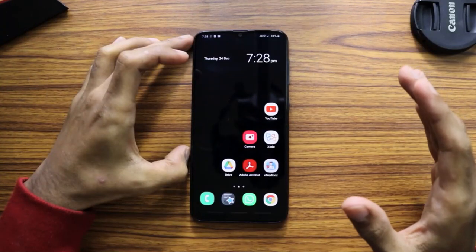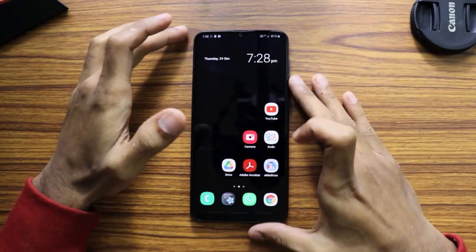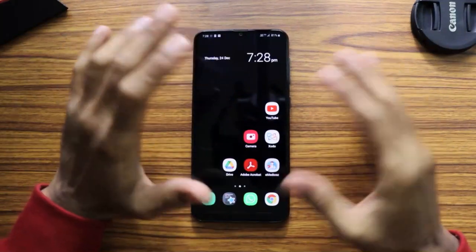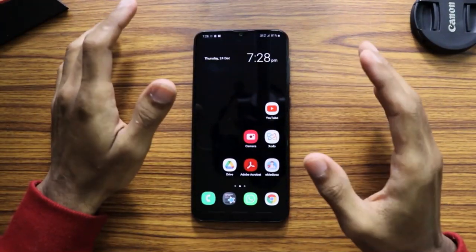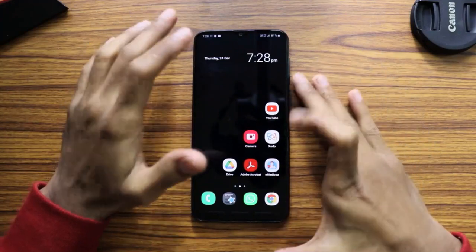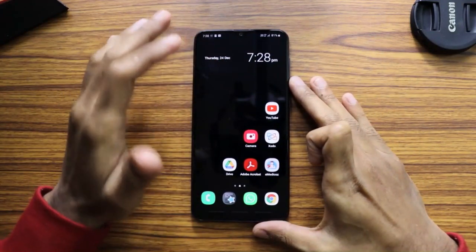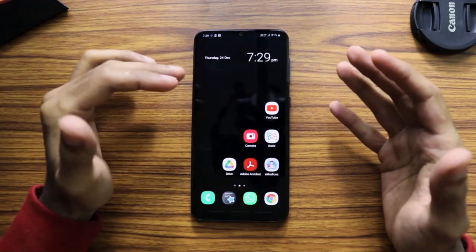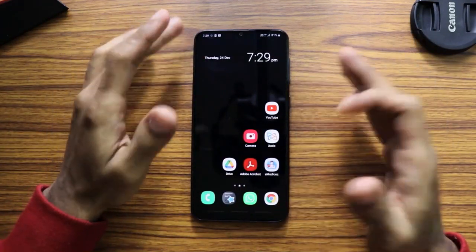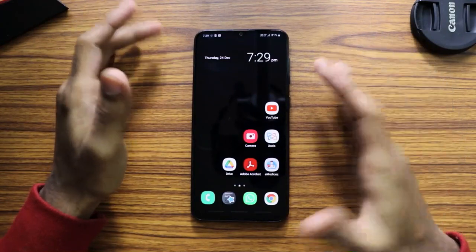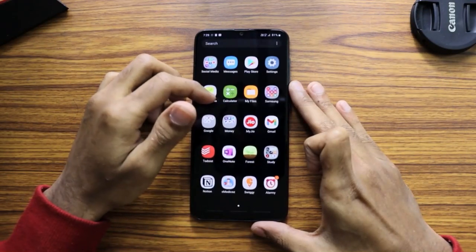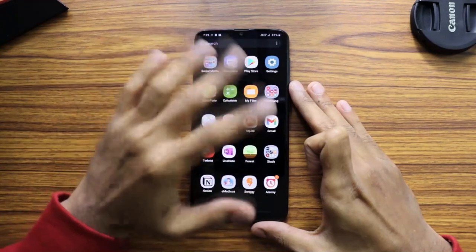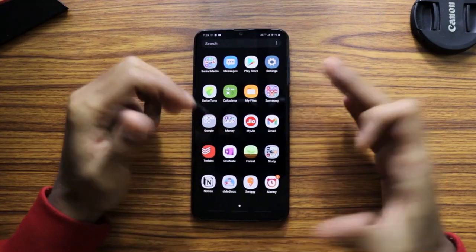The first thing that we need to talk about is the wallpaper. Now remember, we don't want something very flashy or having a lot of colors in it, so that we can be sure that it doesn't hamper the view of the apps which are there in the home page or the menu page. Today I'm using my phone, which is I think a Samsung A30. Here we can see we have two main menus. One is your home page and the other is the app library, as I would like to say it.